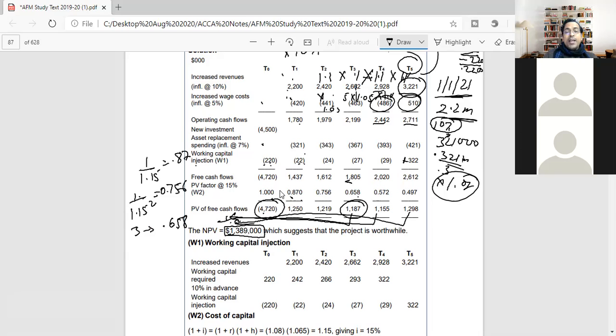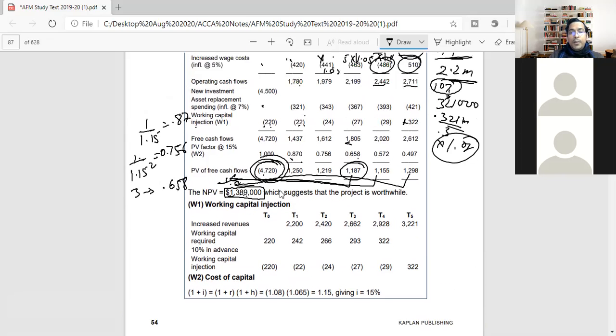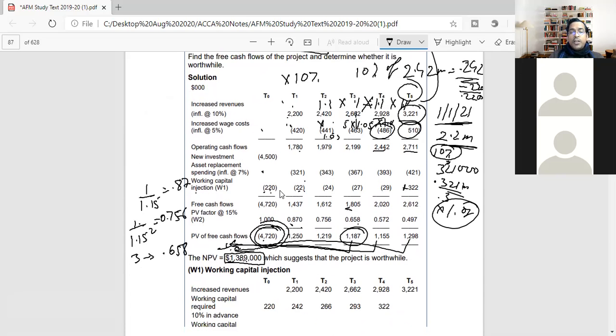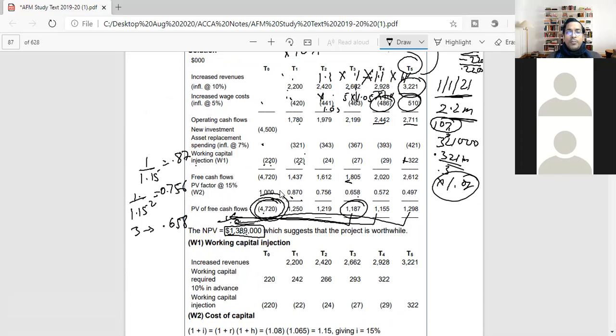So the net cash inflow taken at the rate of 15% at the present value is still higher than the initial expenditure that was made, and it was higher by 1.389 million, not a small amount. So ultimately we see it is making a difference. We can take up this project as long as, how do we make the decision? What is the value of this? As long as your NPV is greater than 0, you can take up the project,